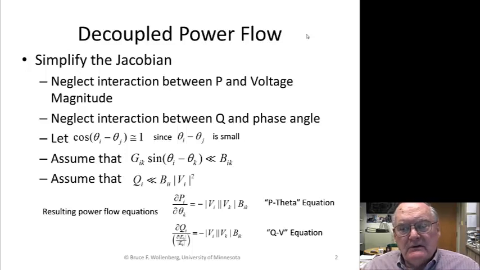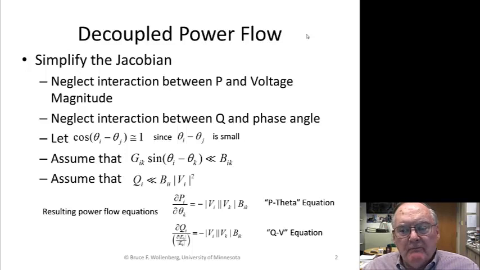It turns out that real power and phase angle are much more tightly related to each other than the other two, and the Q, or reactive power, and the voltage magnitude variations are tightly coupled. And you can actually separate them and solve them as separate